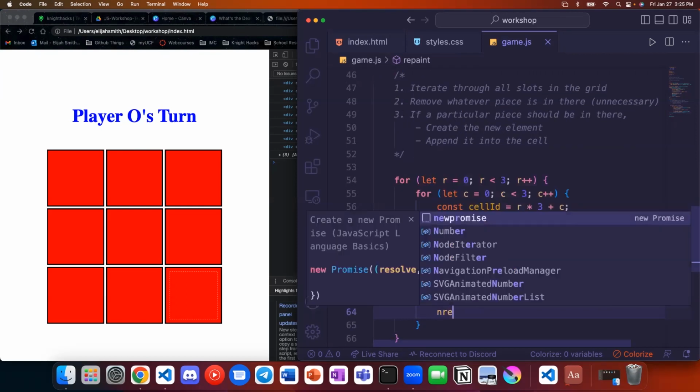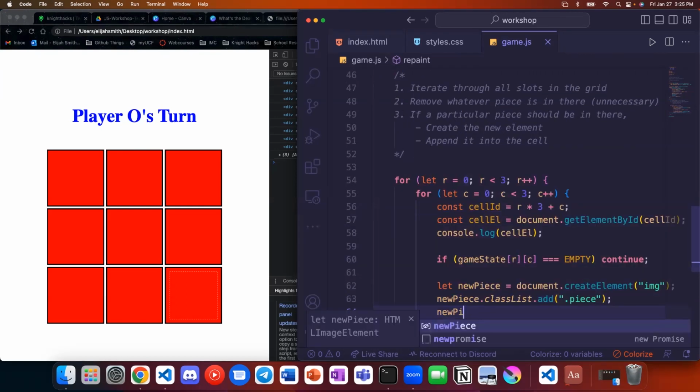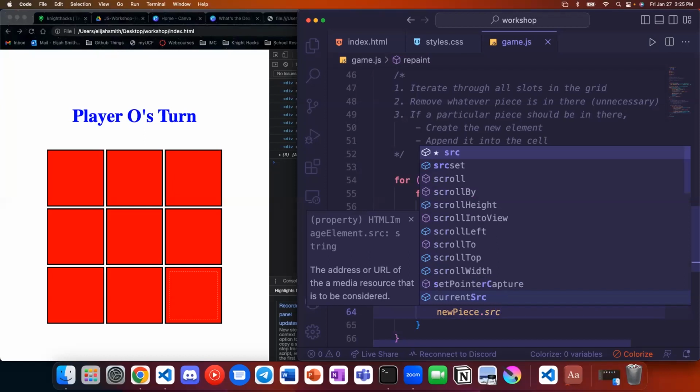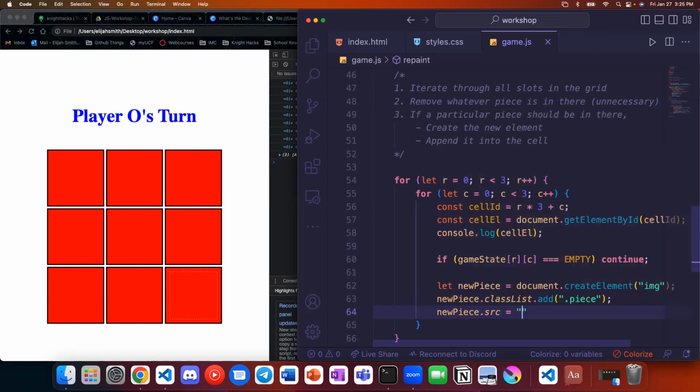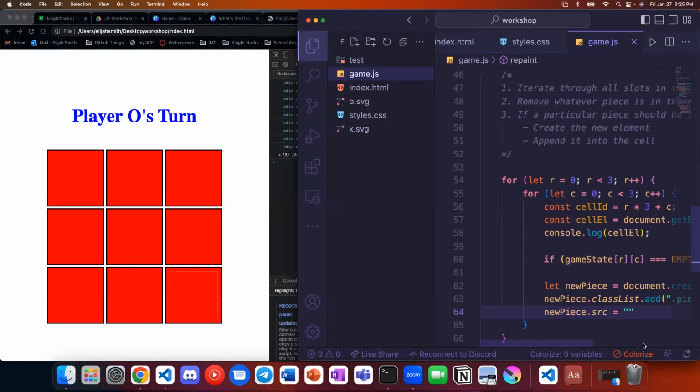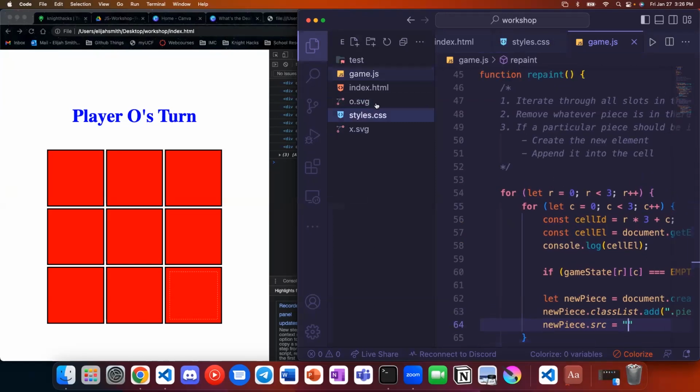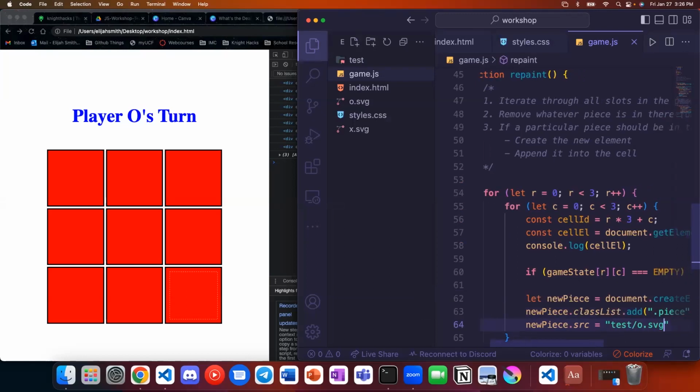And we can set newPiece.src. The source is what piece of media we're putting into this image element. And because we have it locally, we can just specify the relative location. If we wanted to get it from online, we could specify a URL in here. Like if maybe these O's and X's were in the test folder, we could do test/o.svg, but we don't actually need that because they're at the same level.